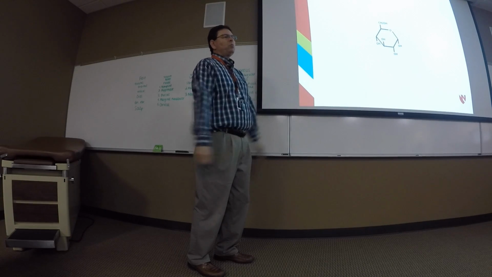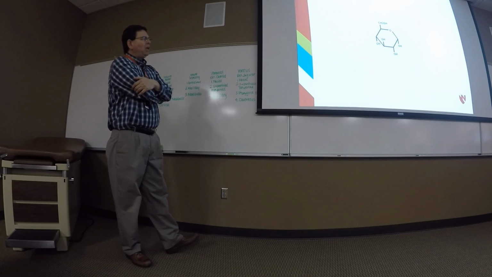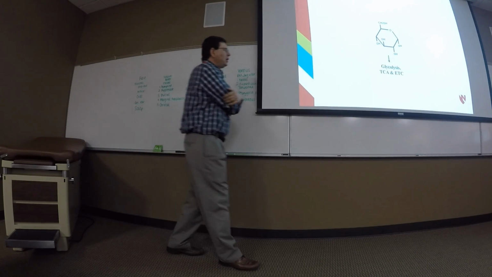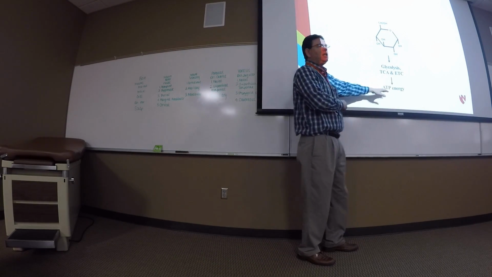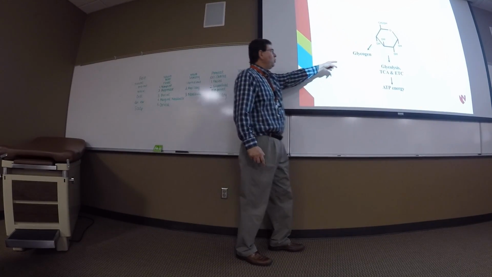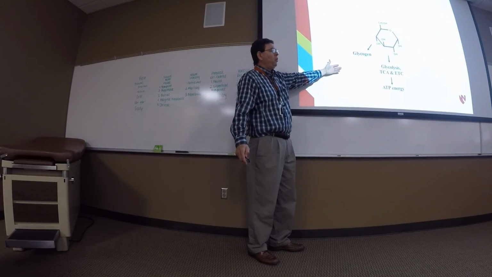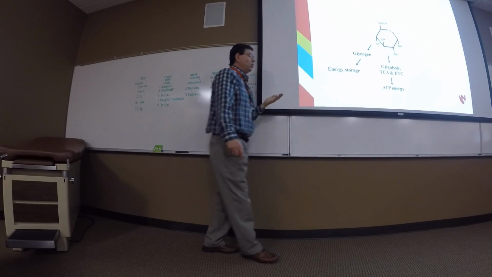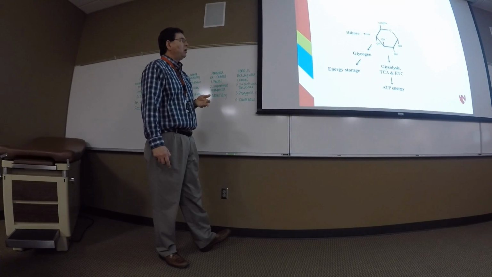So here's a glucose molecule. Nice molecule, does a lot of things for us. What does it do for us? Well, we can break it down by glycolysis, the TCA cycle, and electron transport to make ATP. Glucose is good. We can also take glucose and store it as glycogen. Stored energy is good. Store energy while you have it, and therefore you can utilize it later on. So glucose is good because we can store it in the form of glycogen for energy later on.